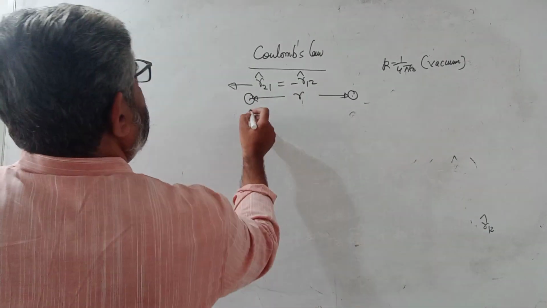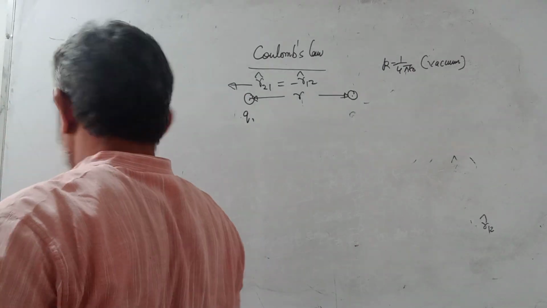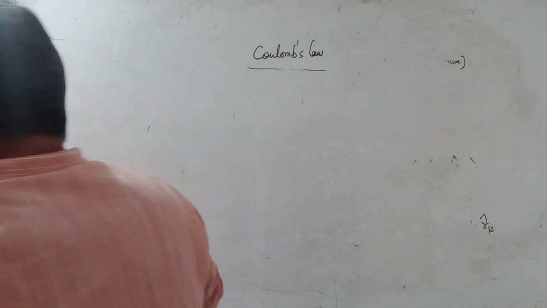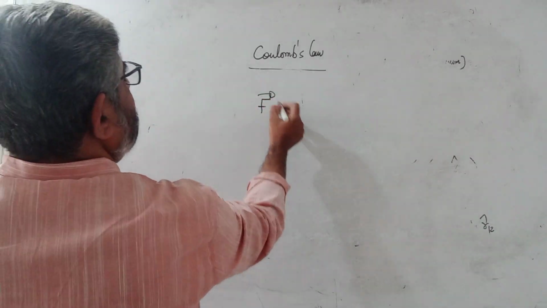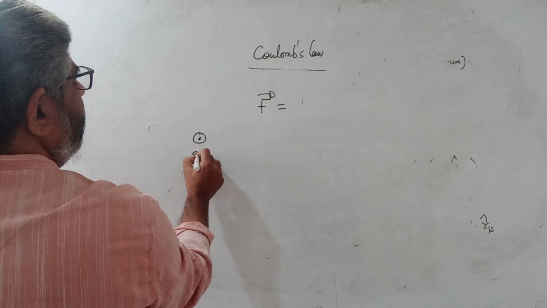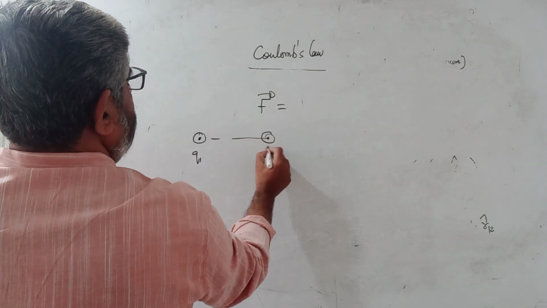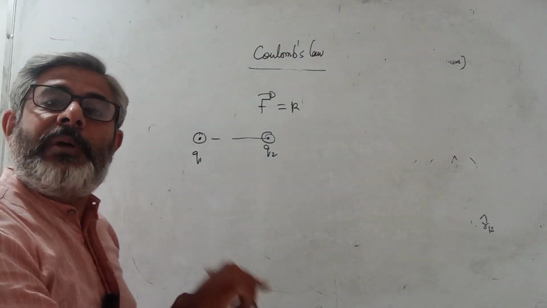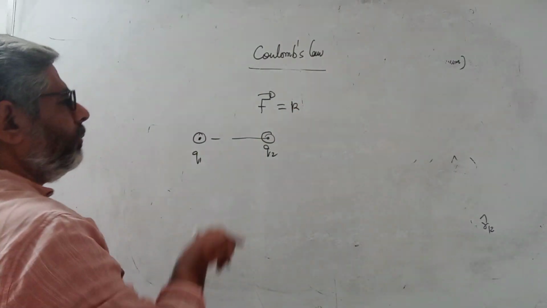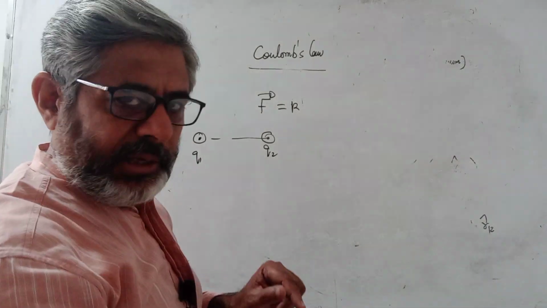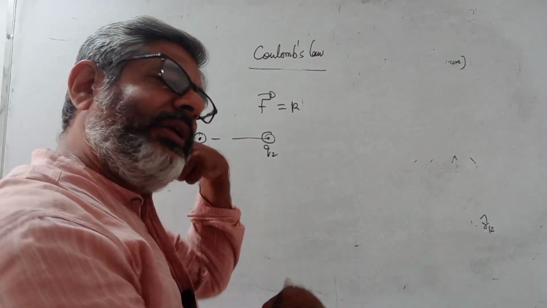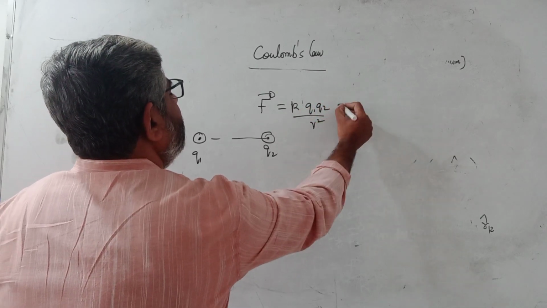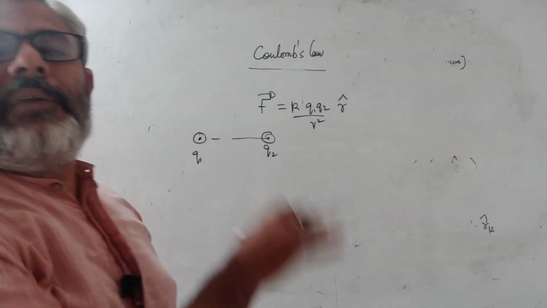Suppose you want to, this is Q1. Let me once again draw it and simplify it for you, so you can remember a simplified version. Suppose you are finding force between Q1 and Q2, so you will say it is K, and you remember K is 1 upon 4 pi epsilon naught in vacuum, and 1 upon 4 pi epsilon naught capital K, where K is the dielectric constant in some other medium. So K Q1 Q2 upon R square into a unit vector R. This is, I have simplified it.